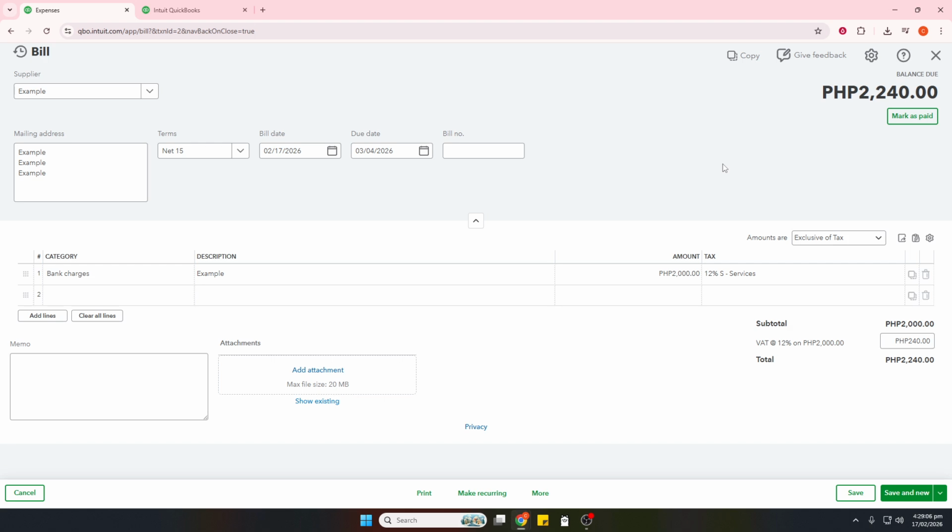To verify your work, head to Sales, then Customers, and open the customer's profile. Review the transaction list to see how payments were applied. For a deeper check, run the customer balance detail report and confirm that open balances and paid amounts look right. If something isn't allocated correctly, open the original received payment record, adjust the amounts